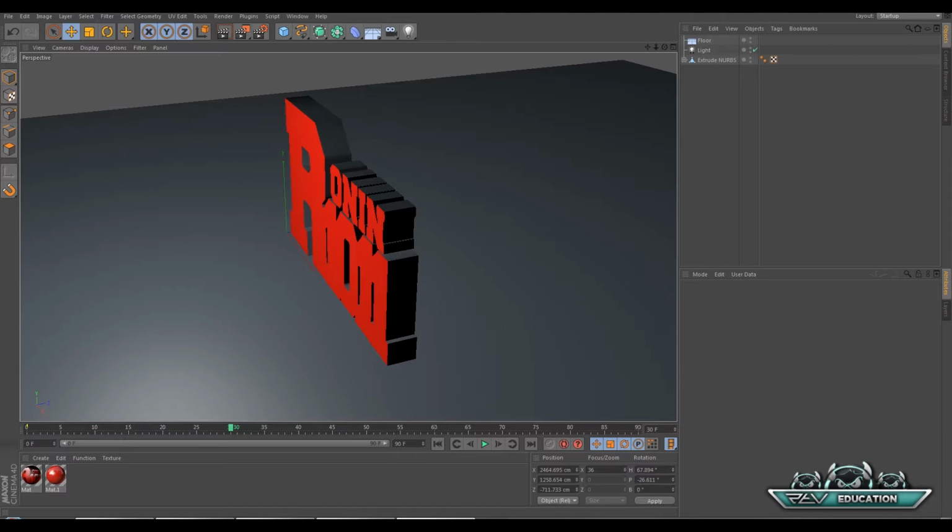Today's tutorial is going to be cameras and camera movement in Cinema4D. This is actually going to be a multi-part series because there's a lot I want to talk about on this topic. But I'm going to try and keep these videos short so they're not too long and boring. Today's topic, like I said, is going to be specifically about the two cameras that you can use in Cinema4D